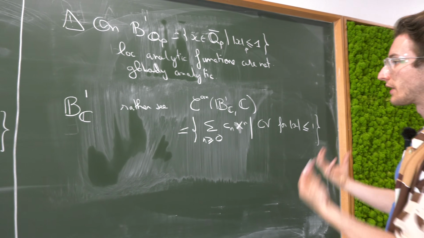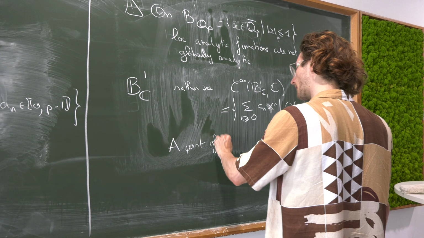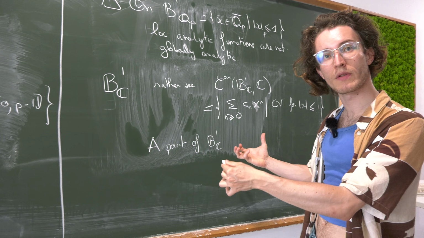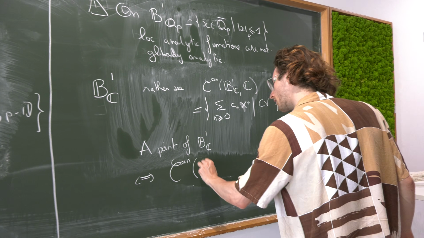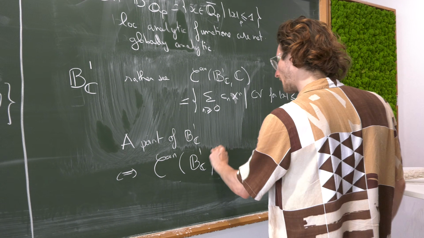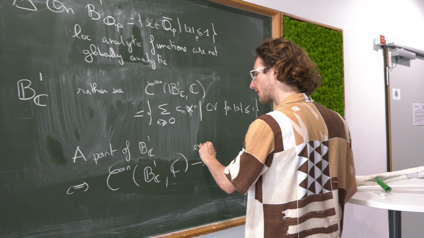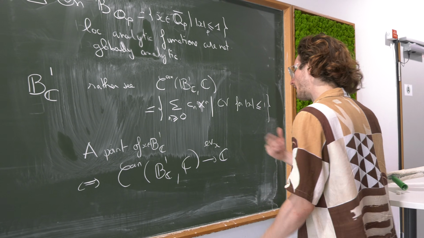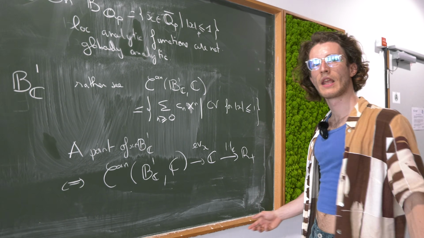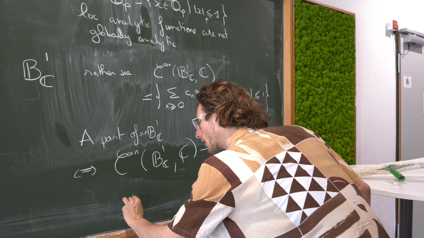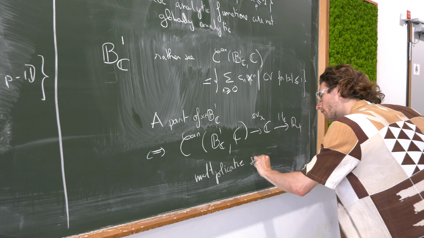Okay. And somehow a point of B1 of C, like a concrete point, can also be seen as a map from these analytic functions to C just by evaluation at x. Okay. And then what I can do is I can post-compose by the norm. And here what I obtain is what I call a multiplicative semi-norm,